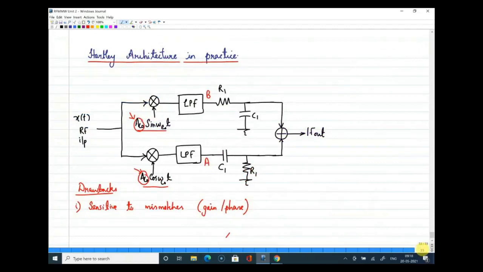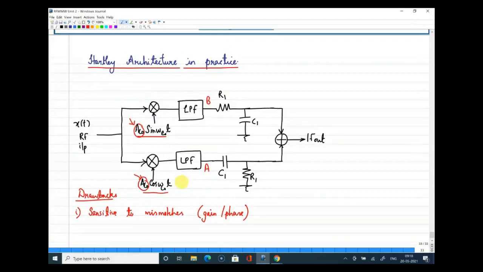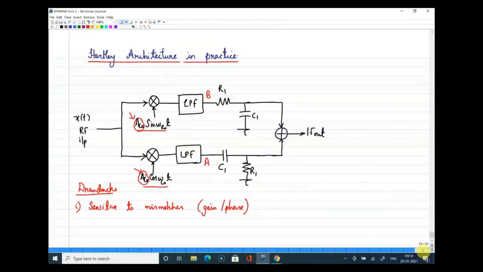There will be a small change in the amplitude. Similarly, in phase also, we say both are quadrature signals, but there can be changes in the phase as well. So for now we are going to do that analysis, and for that I'll include small changes in gain and small changes in phase to one of the signals, and we'll proceed with the analysis. So the upper arm I'll leave as it is, but in the lower arm I'm including those mismatches or changes. So what I will do is this ALO cos omega LOT, I'm modifying.